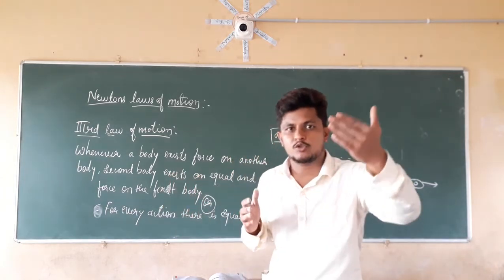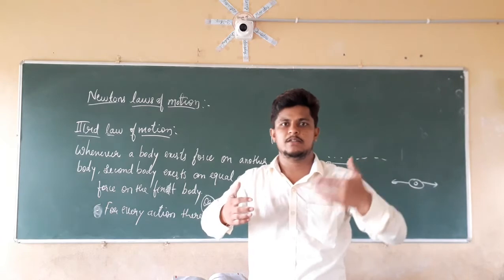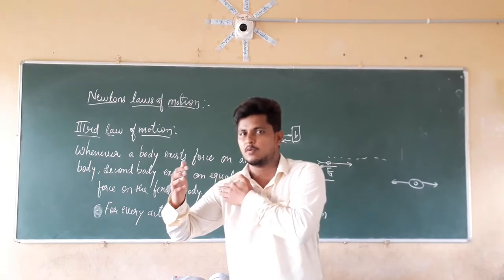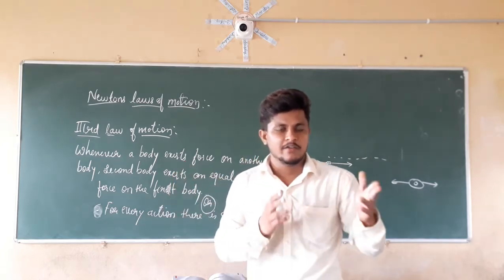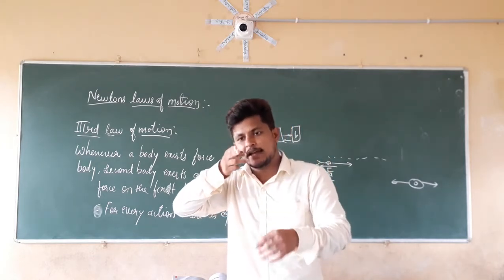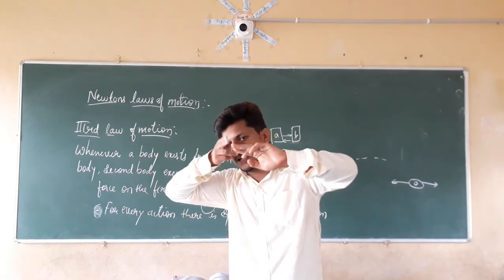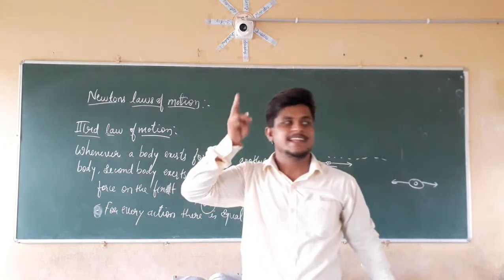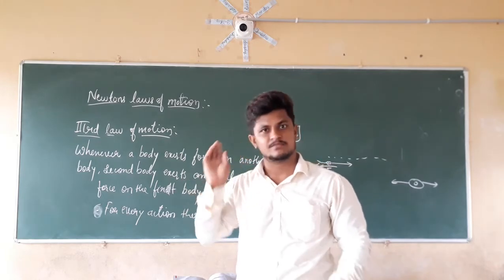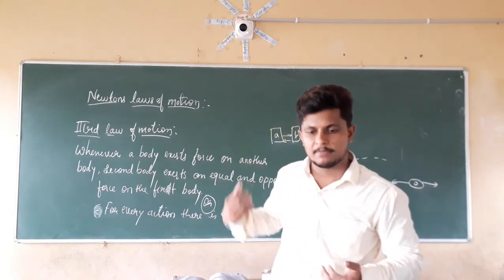To reduce that movement, the army people or the actors in TV and cinema hold the gun on their shoulders, so that the gun should not move in the backward direction. For that reason, while using a pistol, don't hold it at your eye level, like this. Why? If the bullet is fired in this direction, due to the opposite reaction of that bullet, the gun is going to come in the backward direction. So that gun is going to harm your eye. Because of the recoil of that gun, it is going to come backward.